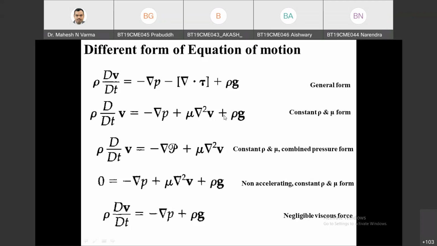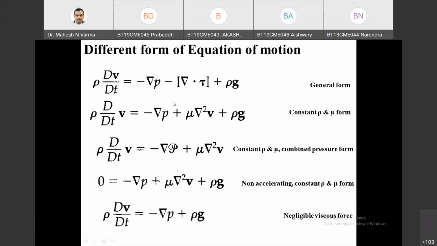Z, sir. Why? Because for R, effects are neglected, and for theta, due to symmetry from every side, there is no velocity in R direction. There is no velocity in theta direction. There is a velocity only in Z direction. Hence, Z equation of change in cylindrical coordinate system will be used to get the velocity profile equation. So now we have reduced this 45 equations to a single equation, which will be used to calculate the velocity profile. So if you are wrong in selecting the equation,